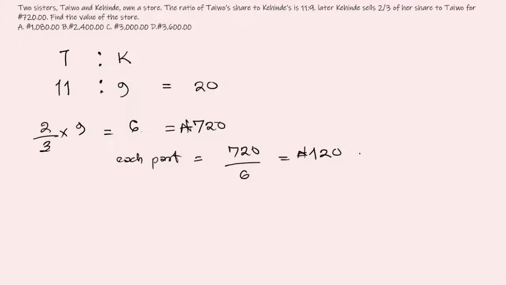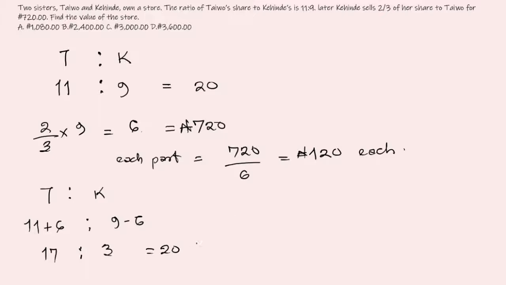So the shares is 120 each. Now Taiwo's shares becomes, because Taiwo gets the 6 and Kehinde sold 6, so it's going to be 17:3 now, which still equals 20. But this doesn't really help in solving the question that we were asked. I just did this so that you can see how ratios can change based on how you move things